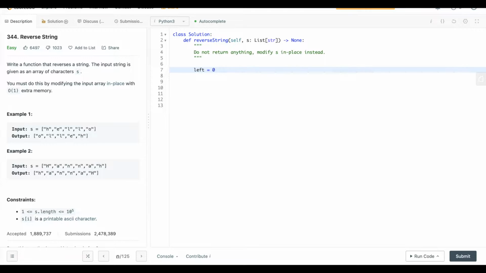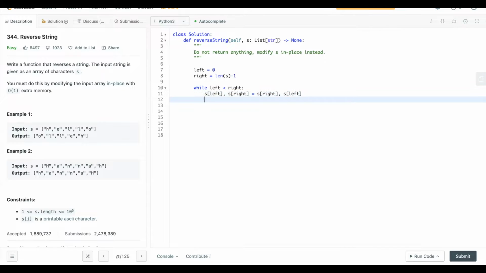So with two-pointer, we define left pointer at 0 and then right pointer at the end index, which is length of s minus 1, because Python indices start at 0. And then while left is smaller than right, we can do in-place modification to reach this O(1) memory. So we do in-place swapping: s[left], s[right] equals s[right], s[left],